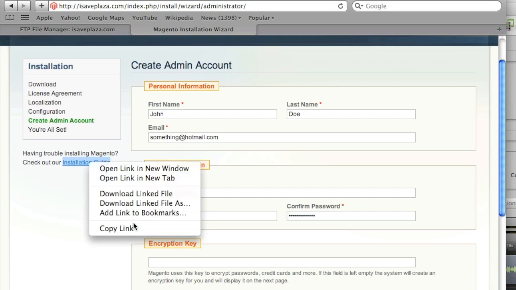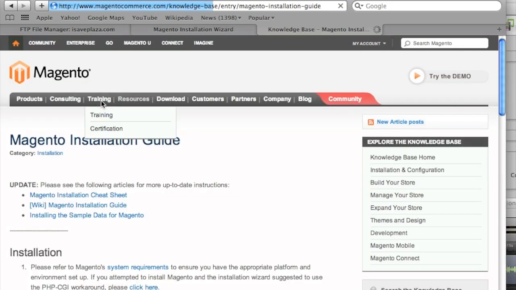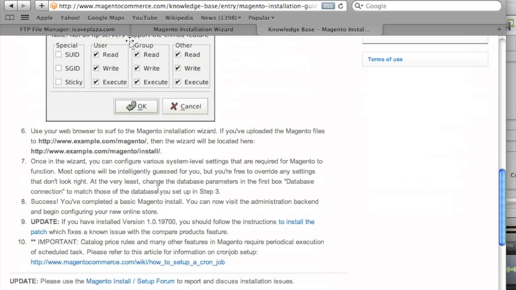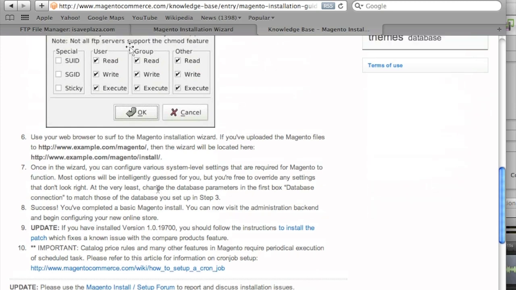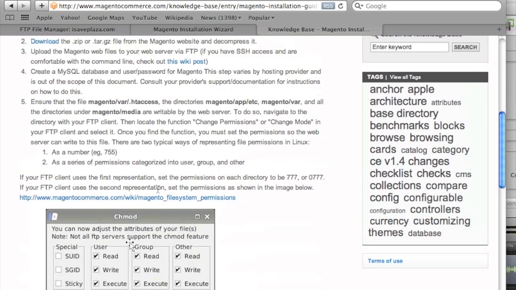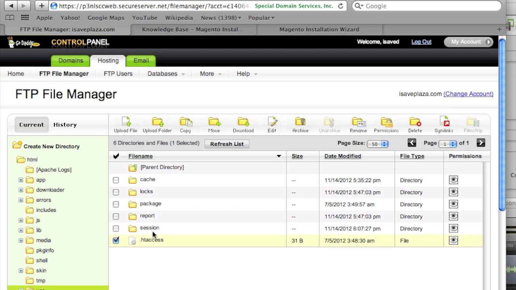Also, before you go any further, check this installation guide, because it has some really good information on folder permissions. Basically what we have to do is set up our folder permissions properly so that we can upload images and all this stuff, or else we're going to run into little problems when we try to upload images to our store and other stuff, like apps. So we need to make sure that these files and folders are writable. This would be the var folder and this .htaccess